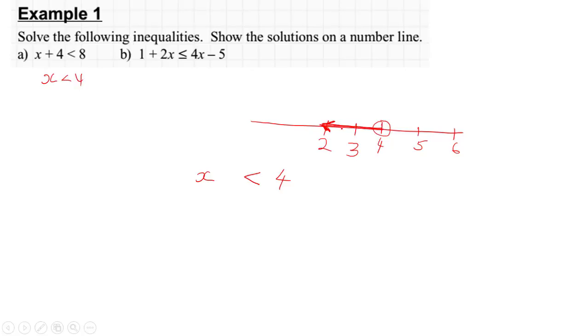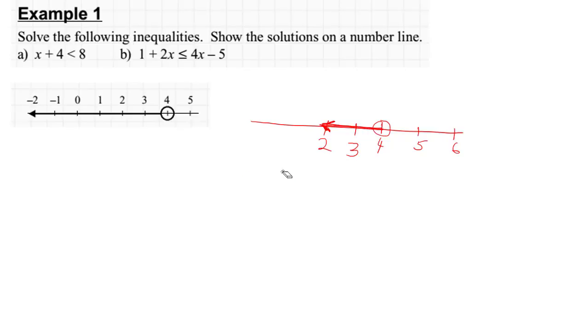So if I just click that, the proper diagram would look like that. But even this and that, you get the same marks. Notice that this circle has not been colored in, and the arrow is going that way. Right. So the next thing we're going to do now is